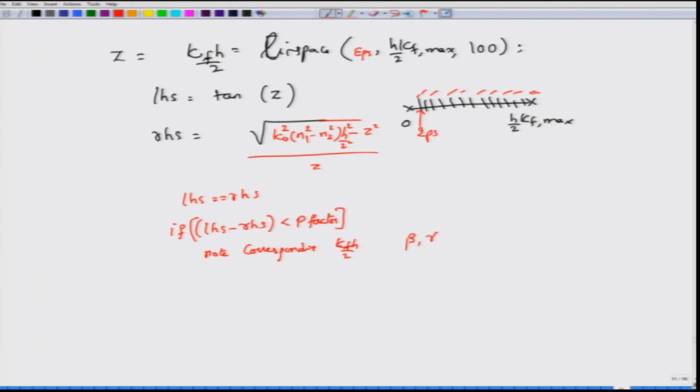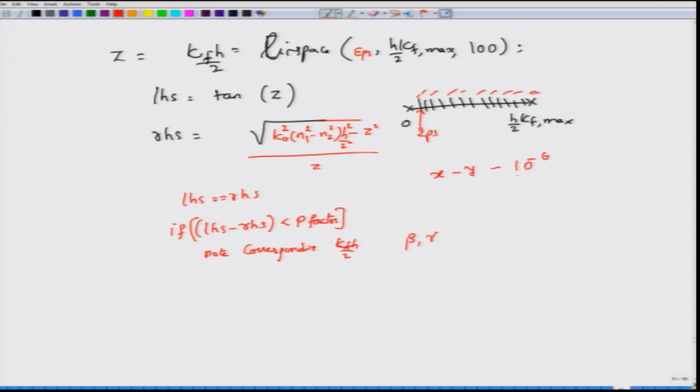What is the P factor? Let us say in numerical solutions you are looking at the difference between two vectors x minus y, and you want the error to be in the order of say something like 10 to the power minus 6. So, this is of course just my condition.